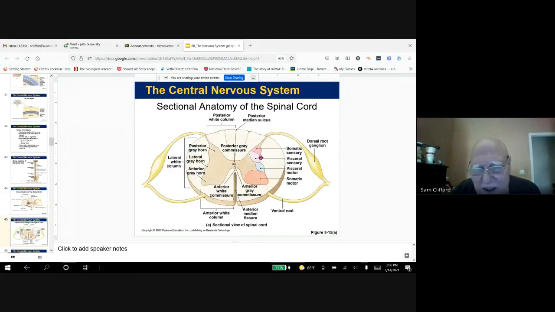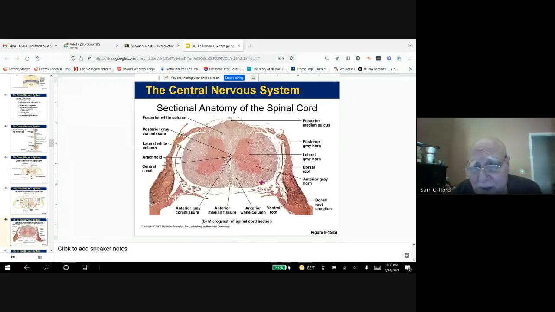Okay, so make sure you know these segments in the spinal cord and where information moves into the spinal cord and leaves. So the motor pathways carry information out of the central nervous system, and the somatic and visceral sensory nerves carry information to the central nervous system, where they can be processed by the spinal cord, and then information is also sent to the central nervous system. If we look at a microscope slide of the spinal cord, we can see